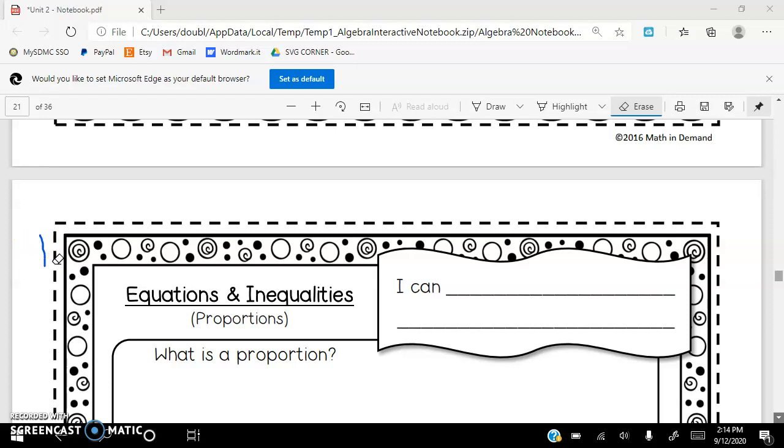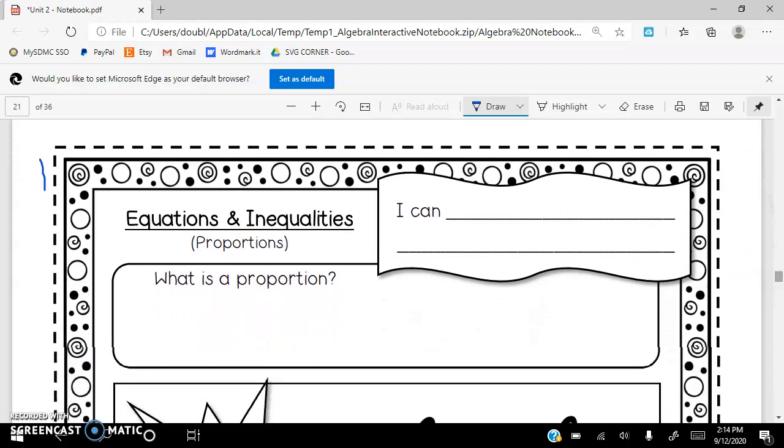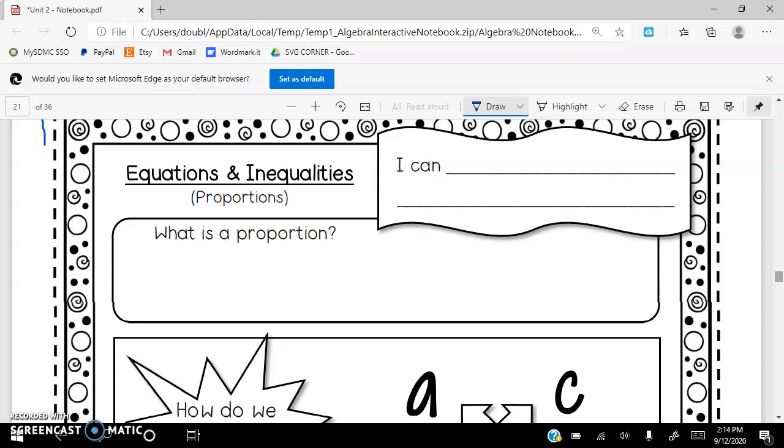All right, so today we're talking about proportions. You may be familiar with them. Let me draw up, let's talk about the definition of a proportion. Slide it up a little bit. So a proportion states that